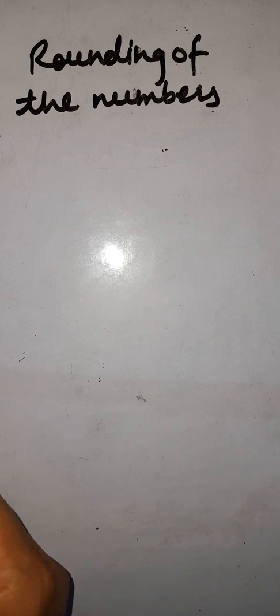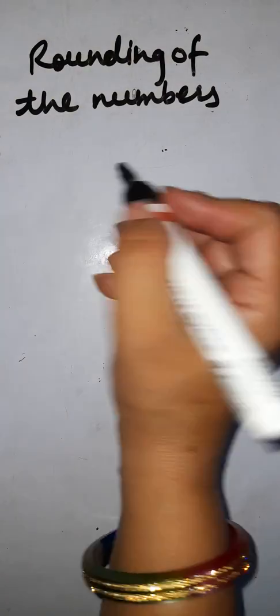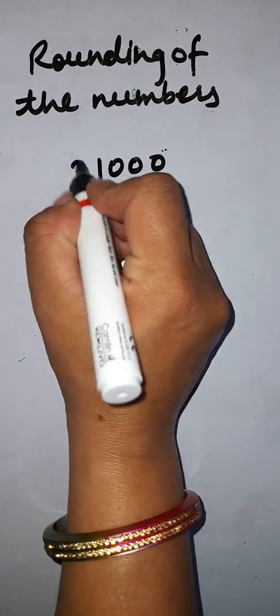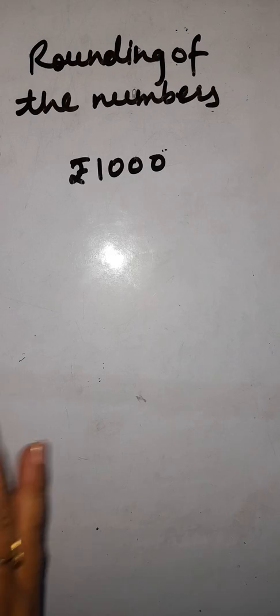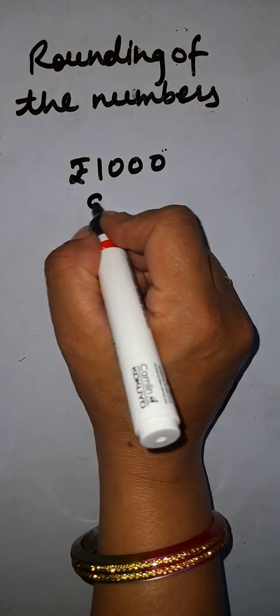I have an example for this. Actually, if your mother is going to market and you request her to bring some eatable things for you like chips, cold drink and some toys. Fine. And she wants to purchase vegetables also. She wants to purchase fruits also. And she wants to purchase household things. Right? Then she carries some amount with her. Fine. Suppose she is carrying 1000 rupees with her. Okay. But all the things are in between